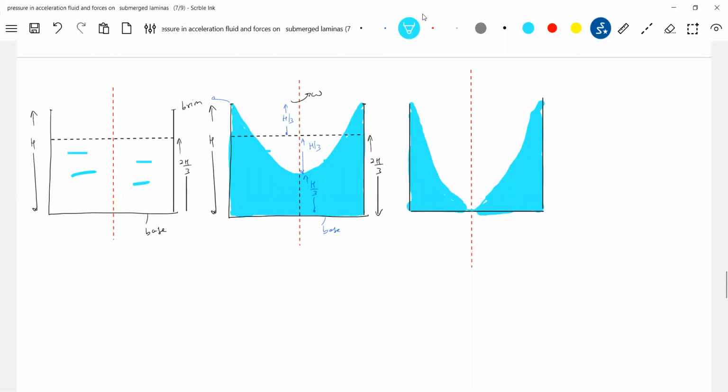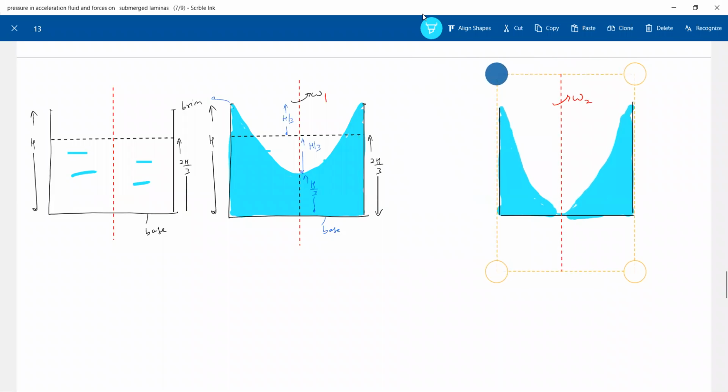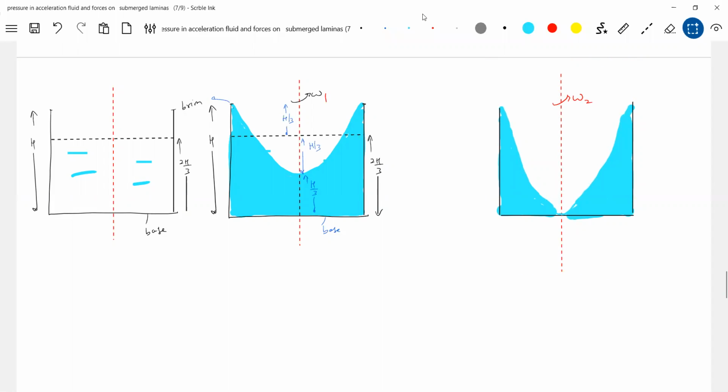Any spillover? So this will be some new angular velocity, omega 2, this you call omega 1. Now the liquid, what will happen? My question is, will there be any spillover, or look at the amount of liquid present, is it the same in the third and second, first, second? First, second will be the same.